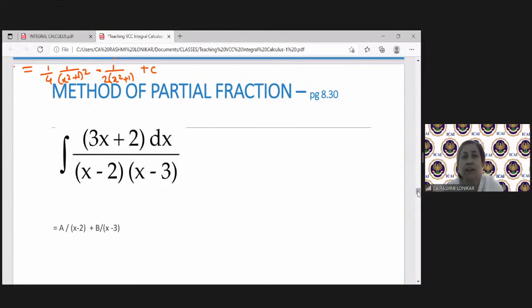Then we have the method of partial fraction. See, it is not necessary for you to remember the name of the method. That is the advantage, because you are doing multiple choice questions. What is important here is that you use the correct method so that you get the answer in the minimum number of steps and in the quickest time. Okay, so that is very important. So now we are using the method